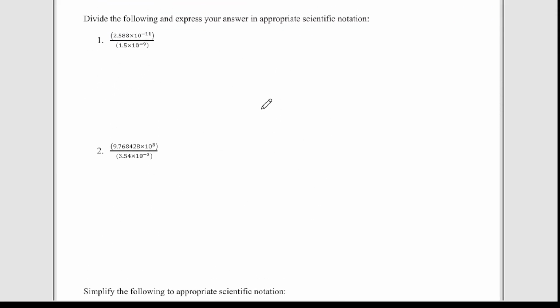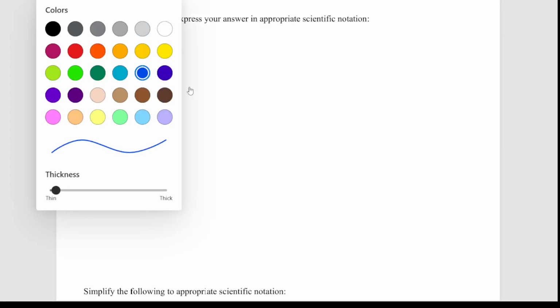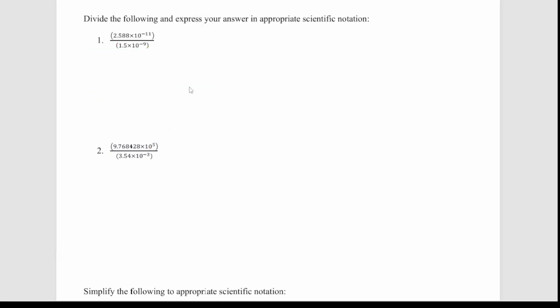So the division is going to work very, very similarly. So again, you're just going to deal with your coefficients in one place, deal with your tens to an exponent in another place, and then condense your final answer. And in particular, I might actually find it helpful to go ahead and get rid of these negatives when I'm doing this conversion. So we're going to have